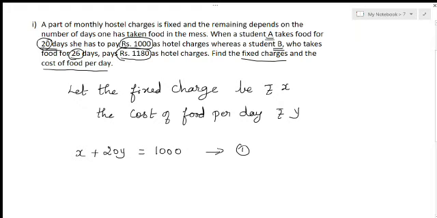See student B. So the fixed charge is common again, X plus, she has taken food in the hostel for 26 days. So 26Y. How much did she pay? It is rupees 1180. So let us simplify